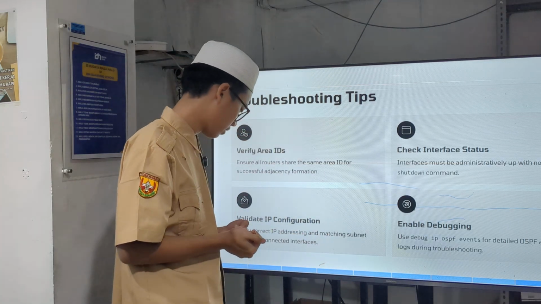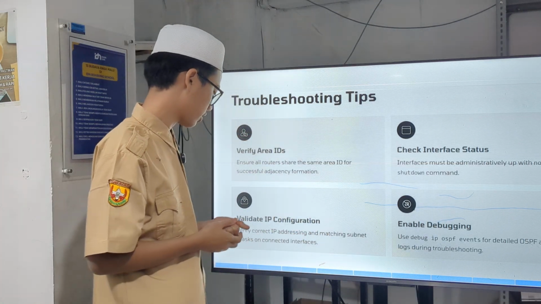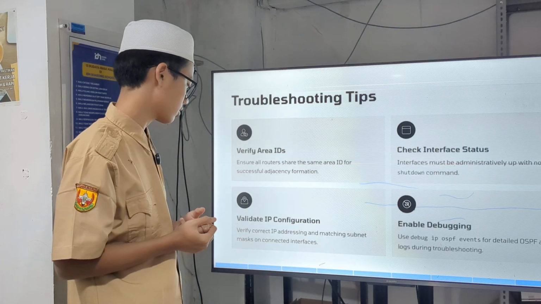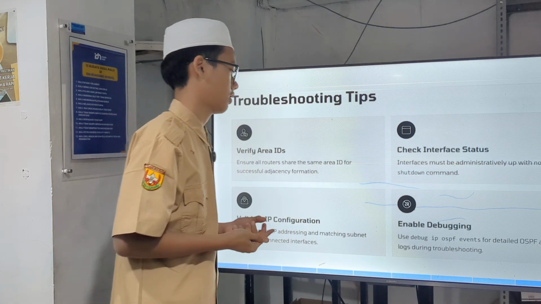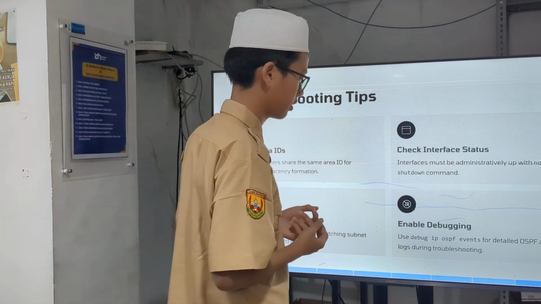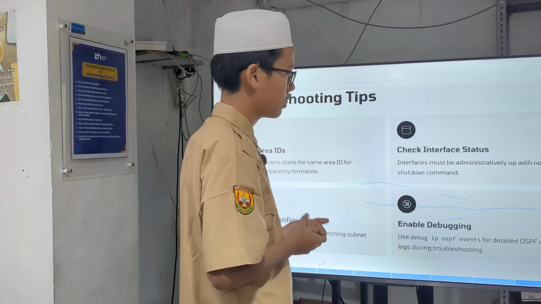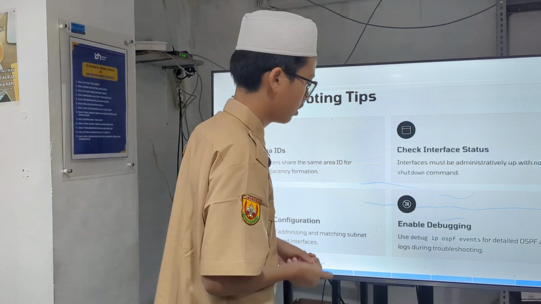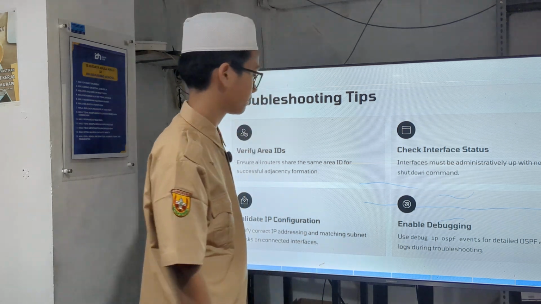The third is validate IP configuration: verify correct IP addressing and matching subnet masks on connected interfaces. And last is enable debugging: use debug ip ospf events for detailed OSPF activity logs during troubleshooting.